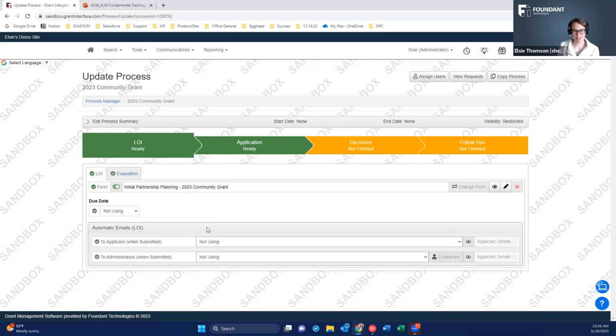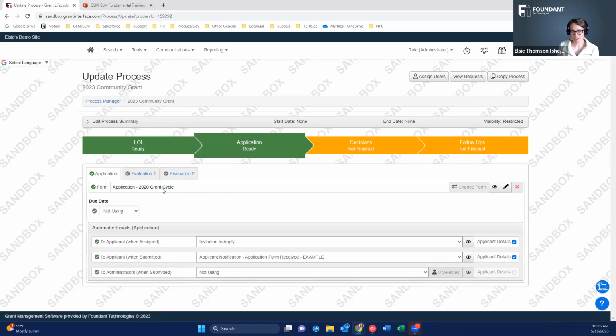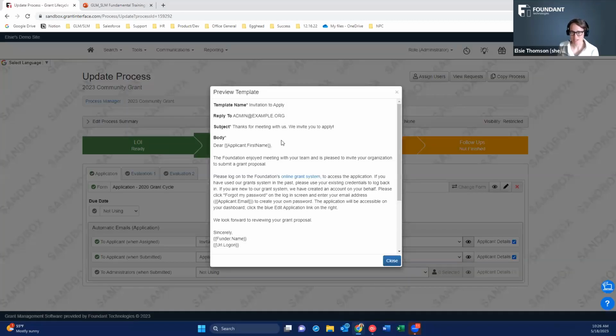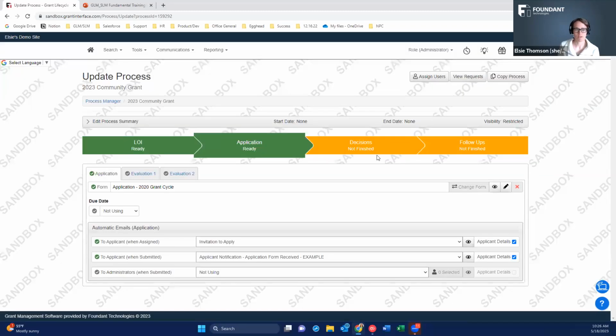I have my emails turned off. And then the application stage is actually going to be used as an application. And this is where my applicant will begin interacting with the process. I do have some auto email set up so that when I assign it, the applicant is going to get an email saying, it was great meeting with you and we want to invite you to apply. And then same as what Mike demoed, this applicant can continue interacting with this process